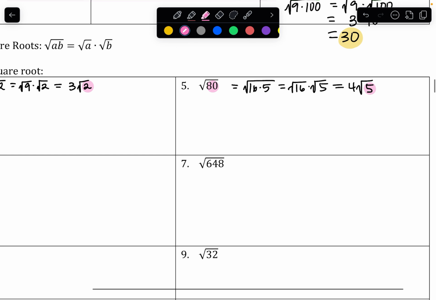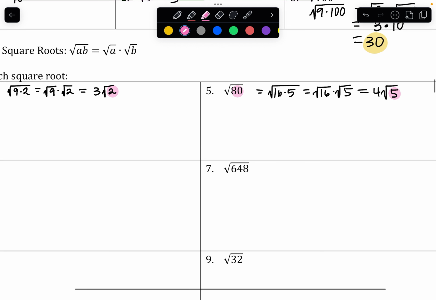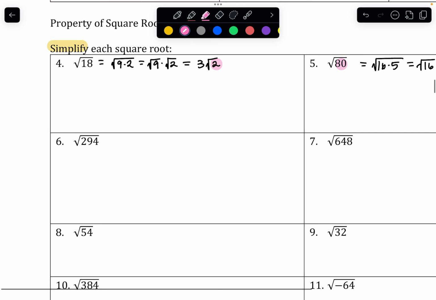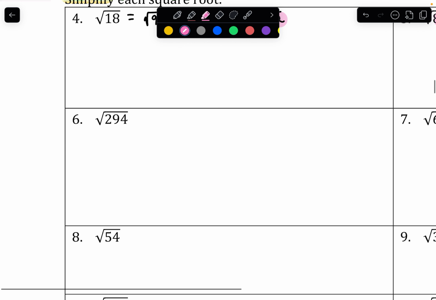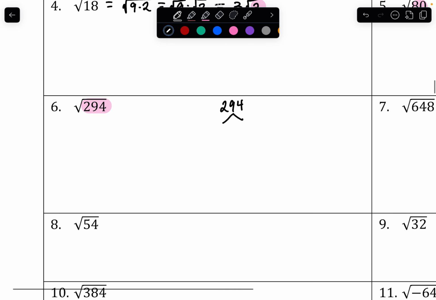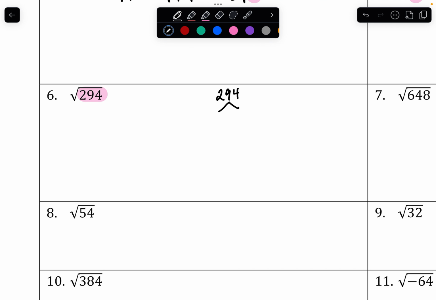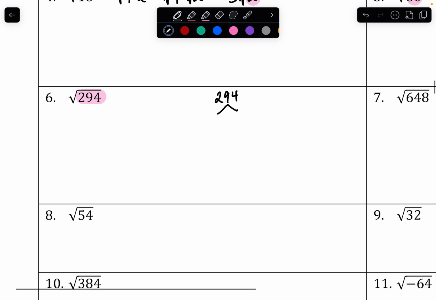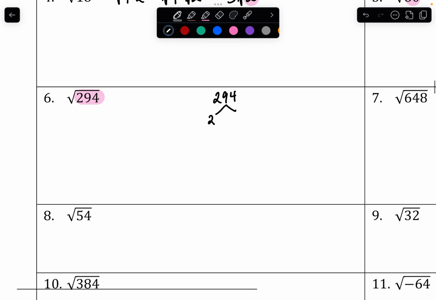Okay, and so just like I had to hunt for a perfect square factor of 80, sometimes the numbers are even larger and it's very difficult to find perfect square factors. And so what you can do anytime is make a factor tree. And so 294, when you're making your factor tree, you can use any 2 factors. And so if it's an even number, I usually use 2 and then just keep cutting that number in half. So 294 cut in half